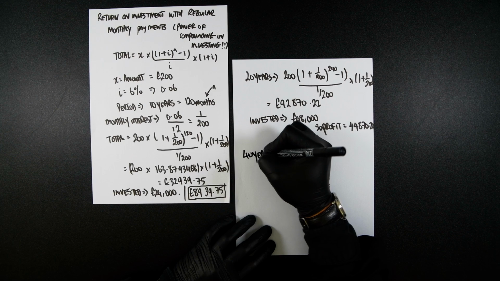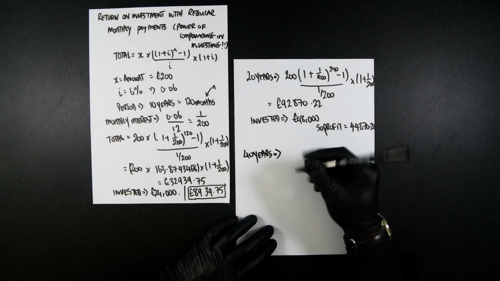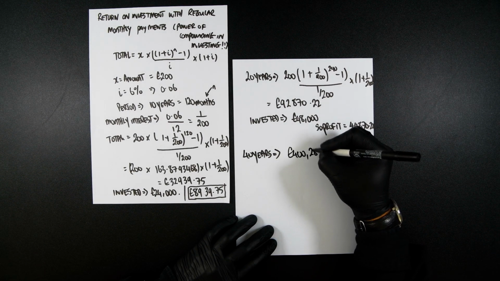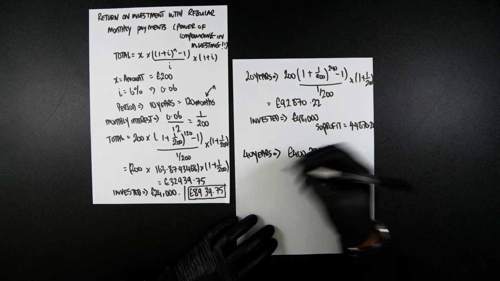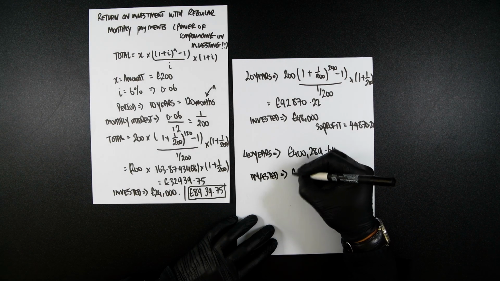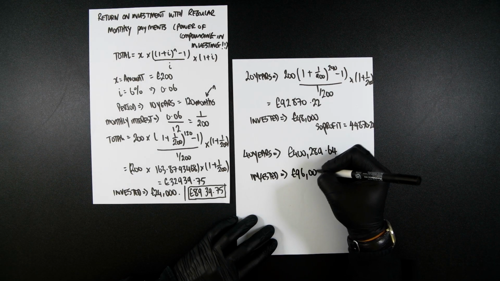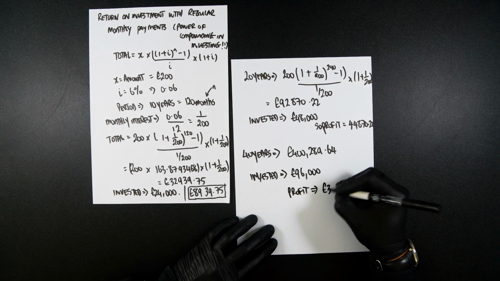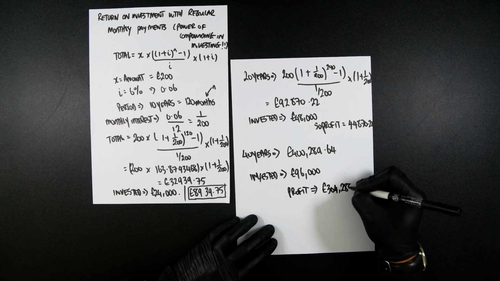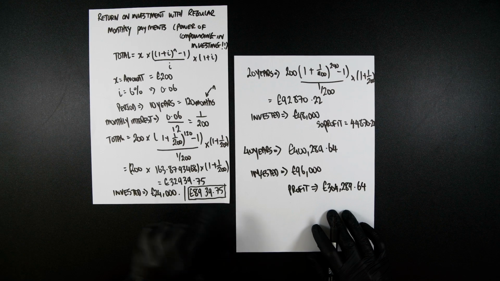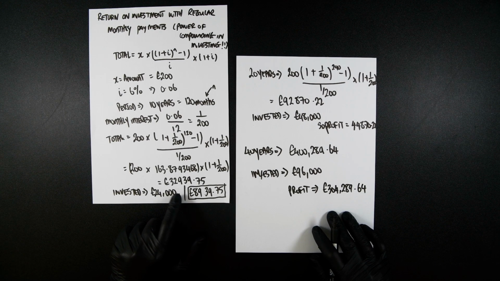So in 40 years, I'm not going to fill it out all again. You're going to have 400,289.64. However, the invested amount is 96,000. So the profit is 304,289.64. So it's pretty drastic as we get closer towards the end, compared from 10 years where the profit is